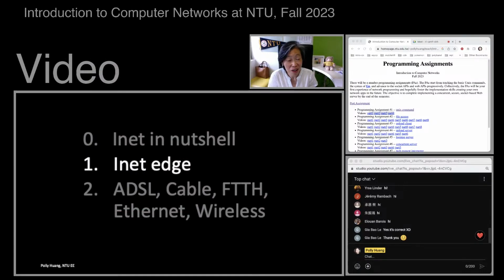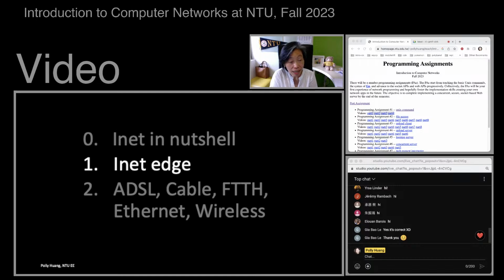All right, so client-server, peer-to-peer. Based on what you heard, take a pick. Which one would you prefer? If you are building a service, would you like your end systems to communicate in this client-server model or peer-to-peer model? Type it down on the YouTube chat, let me know. And then we move on to the second video.